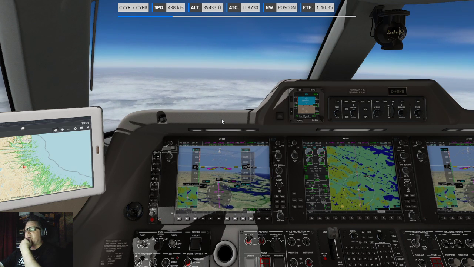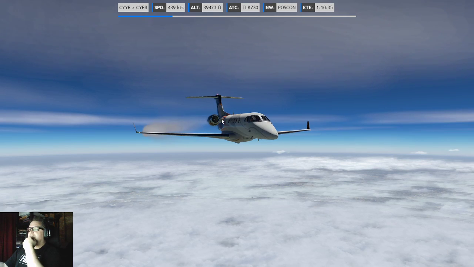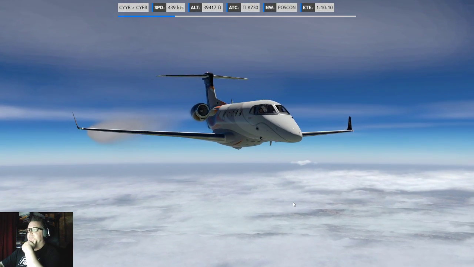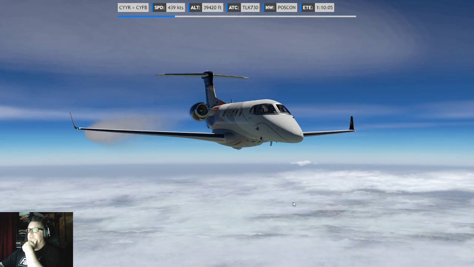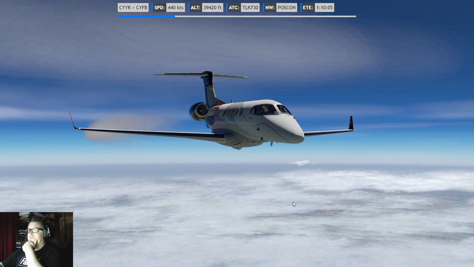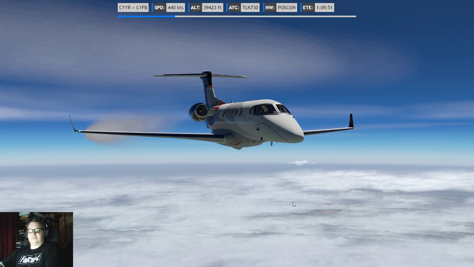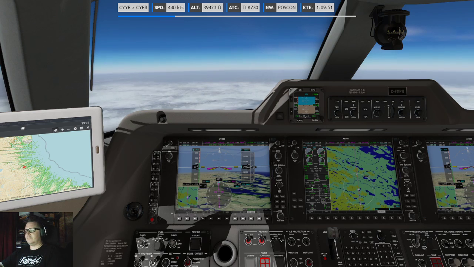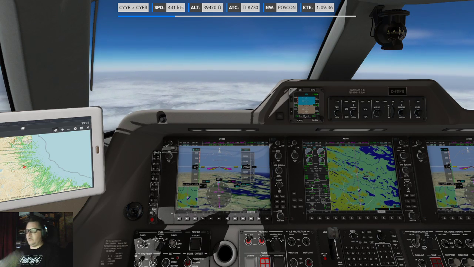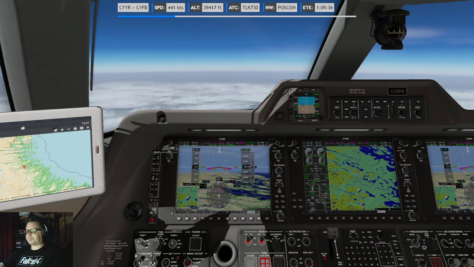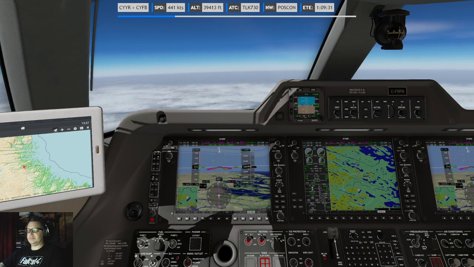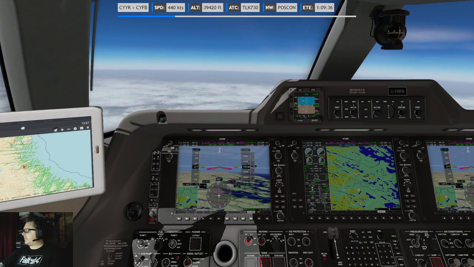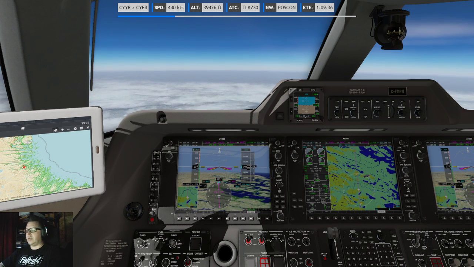And it's bumpy. It's really bumpy up here. Alright, so we got a good while to go.